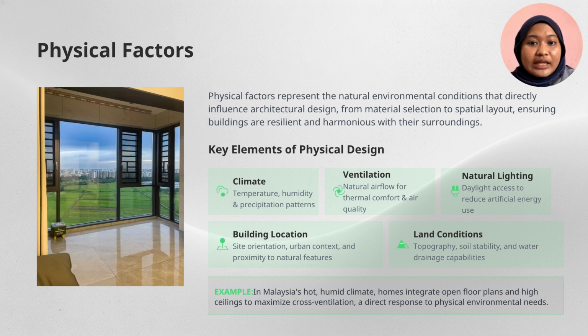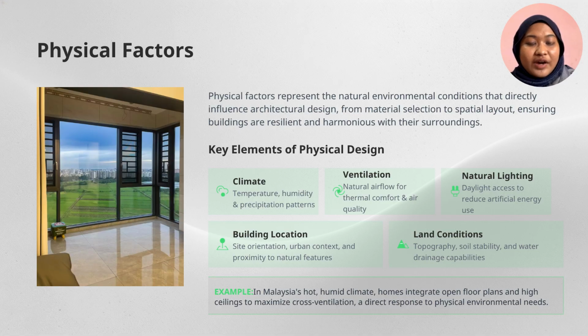First is climate. In Malaysia, we experience a hot and humid tropical climate throughout the year. Therefore, houses should be designed to reduce heat and improve indoor comfort. The second element is ventilation. Proper natural ventilation allows fresh air to circulate throughout the house, improving air quality while reducing the need for air conditioning. Third is natural lighting. By maximizing daylight through windows and openings, homeowners can reduce electricity consumption during the day while creating a brighter and